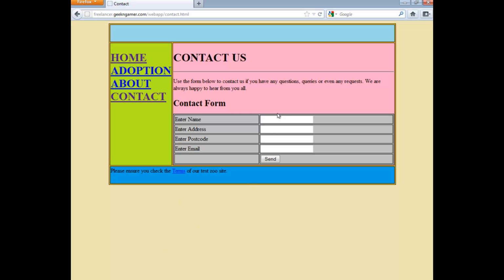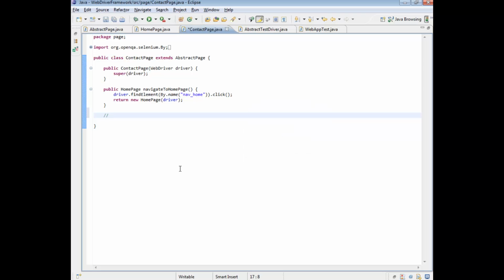If we have a look at this contact page, these links are kind of trivial, but this form, because we use page objects traditionally to write tests, we don't really use page objects for anything else. Not really. There's nothing stopping you, obviously. But let's just say we wanted to write several methods for this form. Let's just say we wanted to write, and I'm just going to do this in comment form because I don't want to go into writing the methods. It's kind of outside the focus of this video. But let's just say we were going to write a method, something along the lines of